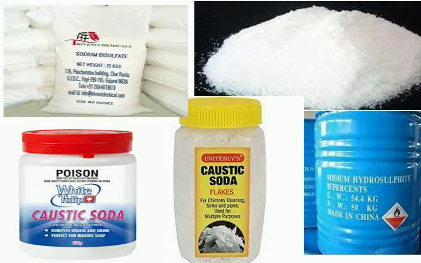These are the chemicals, the way they come. There are different trademarks. There are different ways you can find caustic soda in the market. There are different containers depending on the trademark that they come with. You have sodium sulfate. You can see the bag written on it. You can see the heap of sodium sulfate, which we call hydrous. You can see the container of the hydrosulfite, and then you can see the container of the caustic soda, and